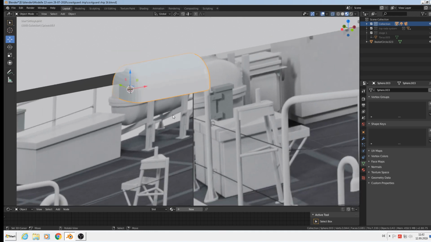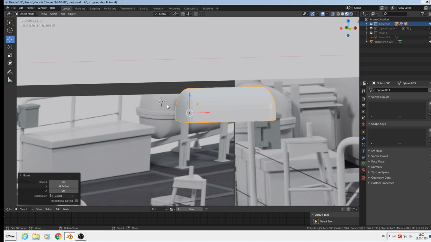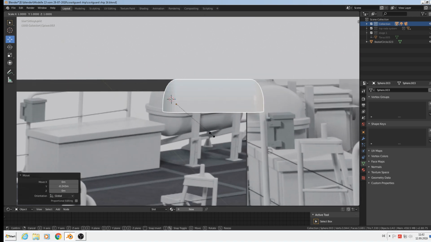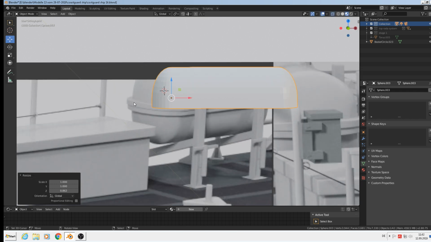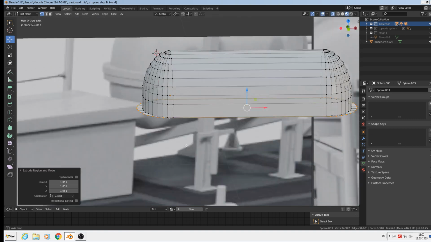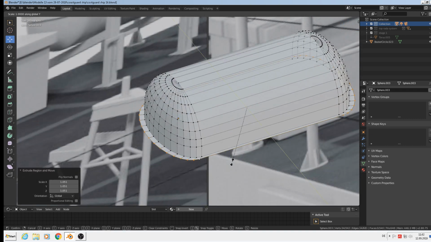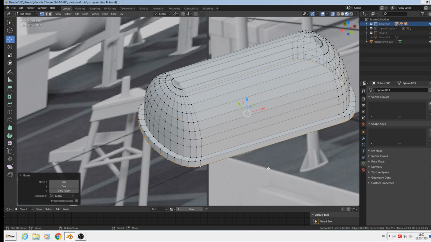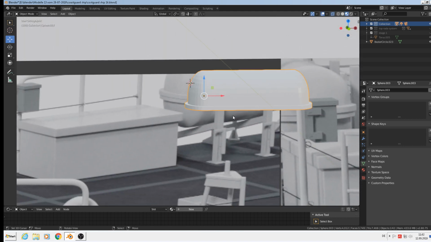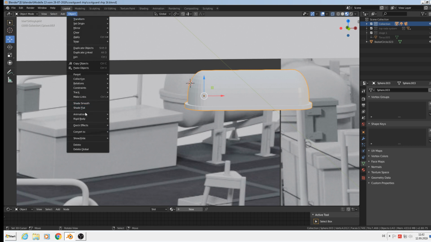So that is this object. I think it can be a little bit smaller, so scale set, such like that. Then it needs this part, so extrude, scale, make it a little bit bigger, scale Y, and extrude again with E and bring it down. That is one of them. We get here object